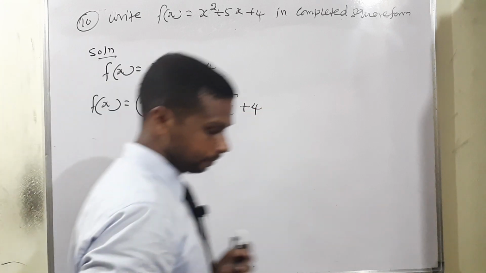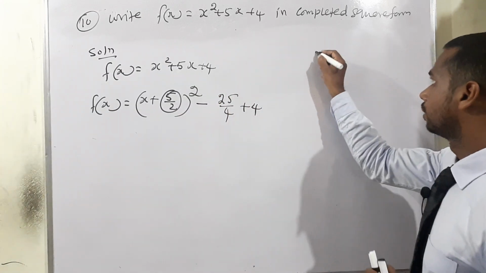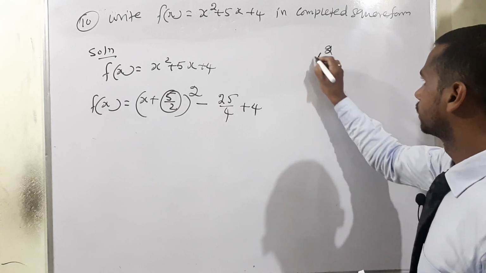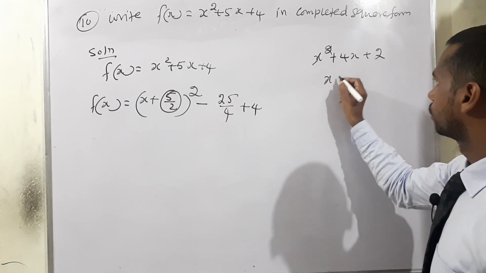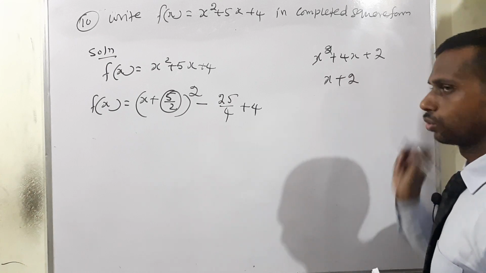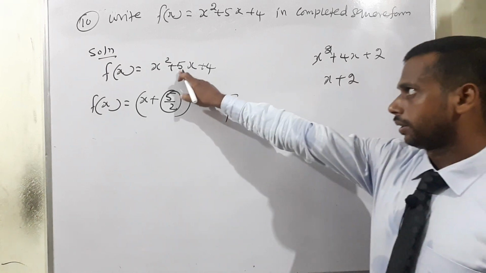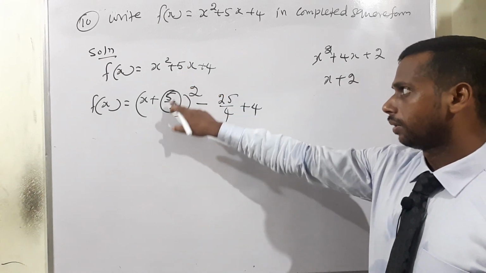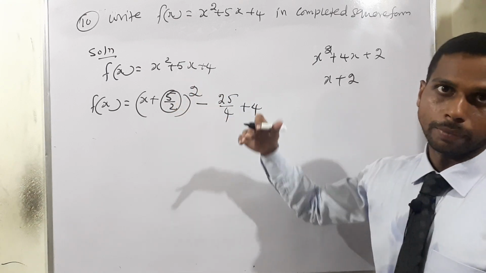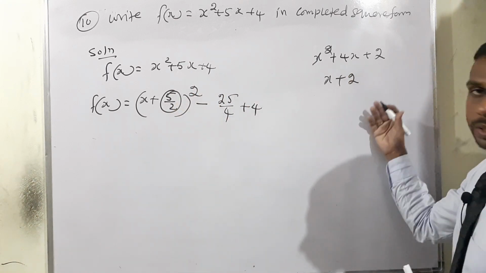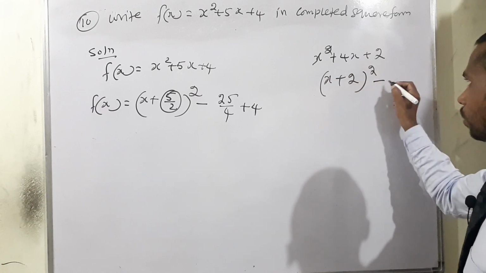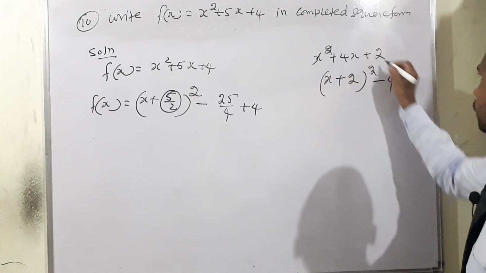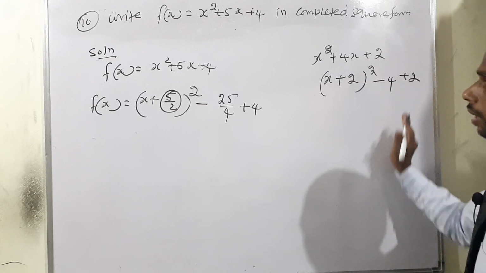For example, this is one of the equations. So x square plus 4x plus 2 is there. So half of 4 means we can say 2. Here there is nothing, that's why 5 is an odd number. Now, I have taken directly 5 by 2 the whole square. But here 4 by 2 means we will get 2. So x plus 2 the whole square. Then minus 2 square means we will get 4. Again there is 2 is there. This is the way completing square method.